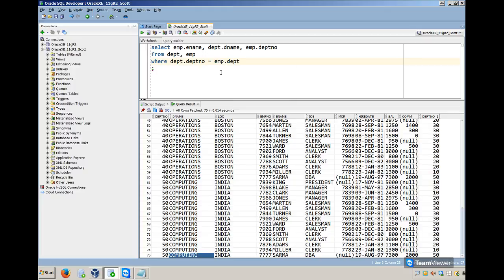Okay. So we know that the department number column exists in both tables, and that's your relation. Based on that relation, you're specifying your condition. And you see how you're specifying an equal to sign, and that equal to sign stands for equi-join. So you are checking the equality between two tables. Okay. So now when you run this,